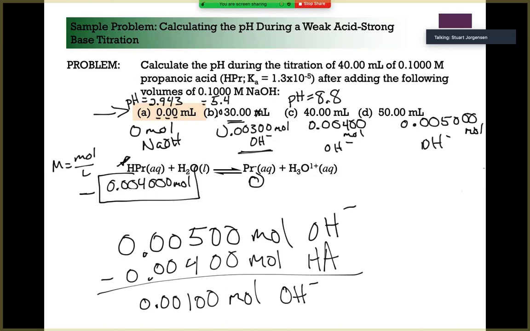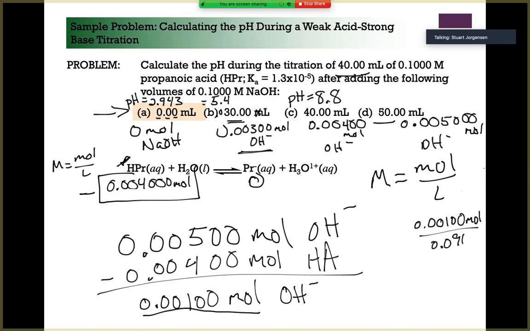Oh, shoot, this is easy. That's a strong base. It will always stay dissociated. So if we find our new molarity, we take those moles and divide by our new total volume, which is going to be 40 plus 50, which is 90 mils. Molarity equals moles over liters. 0.00100 moles divided by 0.0900 liters will get us our molarity of the hydroxide. So 0.001 divided by 0.09 gives us a molarity of